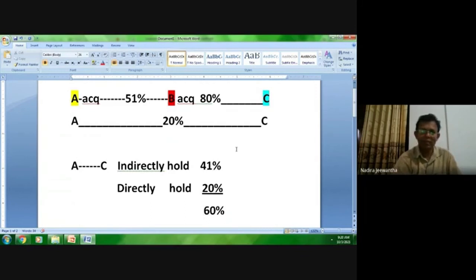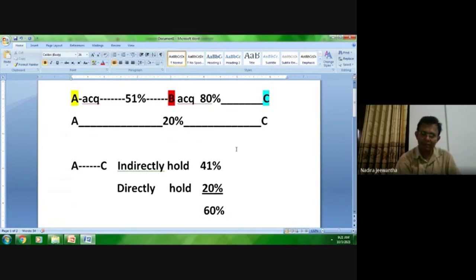Only through B did A acquire 41% of C. Understood? Company A acquired 41% through company B. But I have a direct investment as well. I have invested in C directly as well. How much? 20%. Now earlier case, without this direct investment, it was an associate company. Now when you add together direct and indirect, then the relationship between A and C is